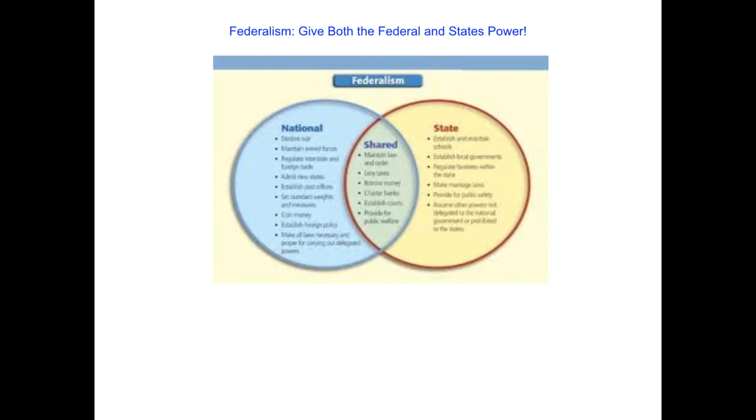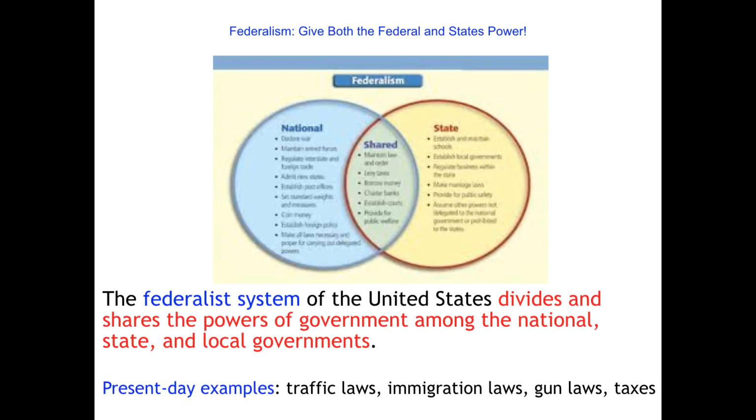So there are things that are specifically national, things that are specifically state, and then there are a number of things that are shared by both levels of government. And remember, when we look at the state side, and to some extent the national side, but primarily the state side, when we talk about the state, we're also talking usually about local governments. Though, when it comes to things like education, the power resides at the national level, state level, and local level in significant ways.